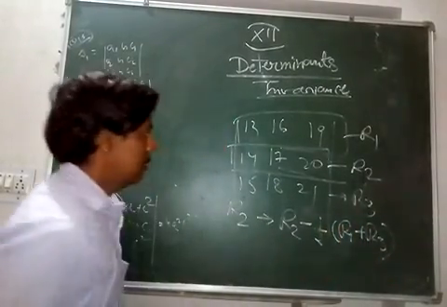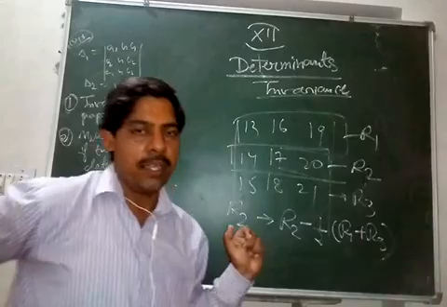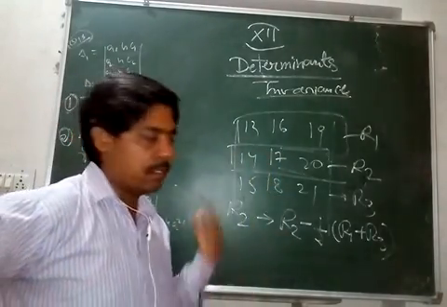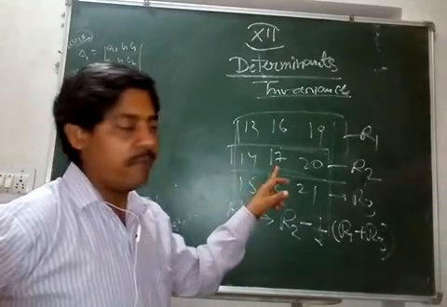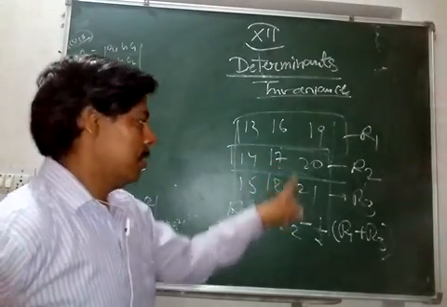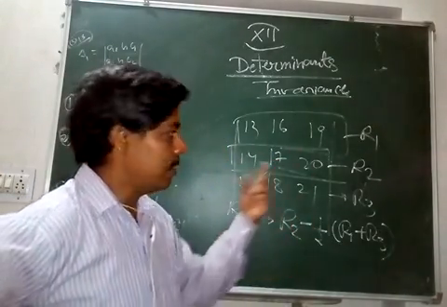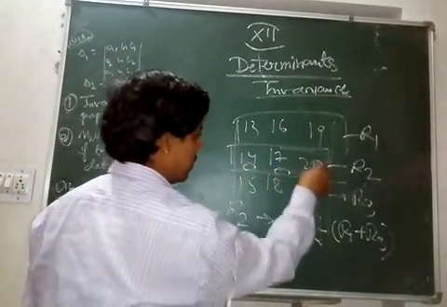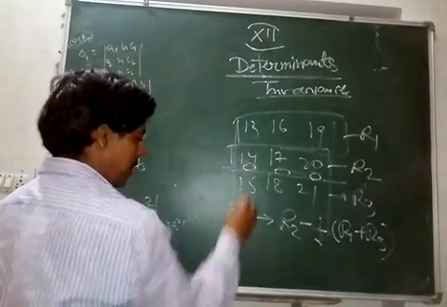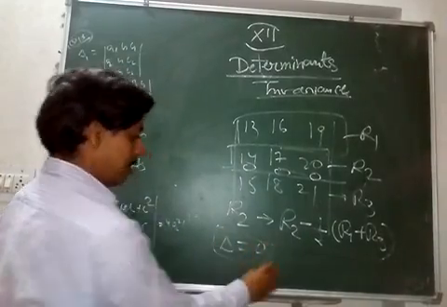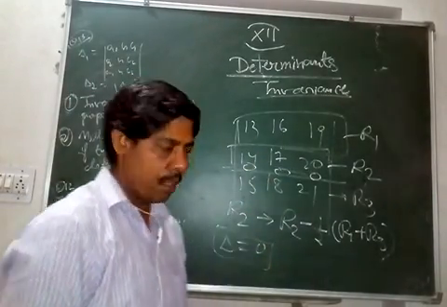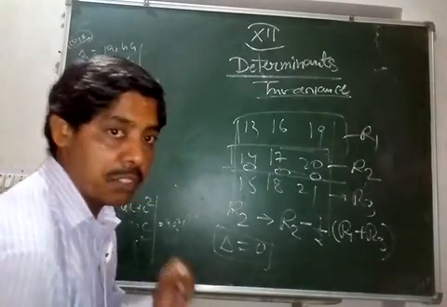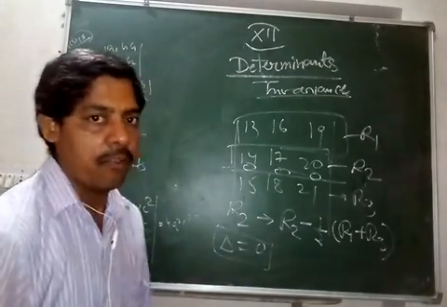Look at this. 13 plus 14 is 28, divided by 2 is 14, 14 minus 14 is 0. 16 plus 18 is 34, 34 divided by 2 is 17, 17 minus 17 is 0. 19 plus 21 is 40, 40 divided by 2 is 20, 20 minus 20 is 0. You will get 0 0 0 here in the next step. Therefore the value of this determinant is 0. Without evaluating, we have found the value. That is the use of the property of invariance, the most important one.